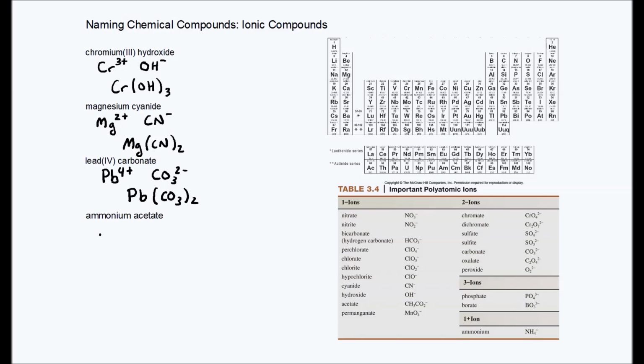Ammonium acetate. Ammonium is our only plus charged polyatomic ion. We see it here, NH4 plus. So we have ammonium, NH4 plus, and acetate. Acetate we see over here, CH3CO2 minus. Putting them together, crossing the charges, NH4